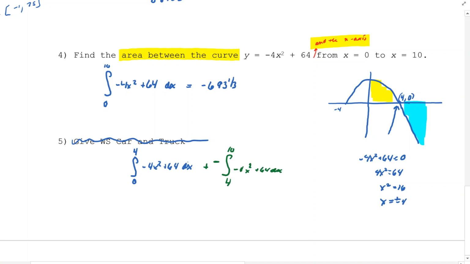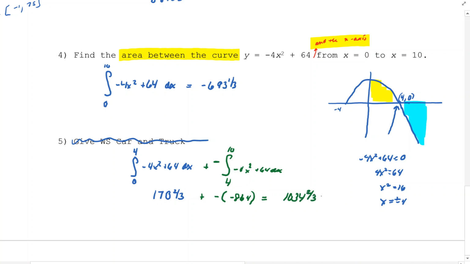So when I evaluate the first integral on my calculator, I get 170 2/3. When I evaluate this one, I get a negative 864. So if I'm going to take the opposite of that, the 170 2/3 and 864, I get